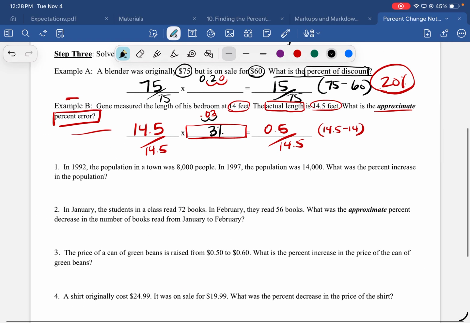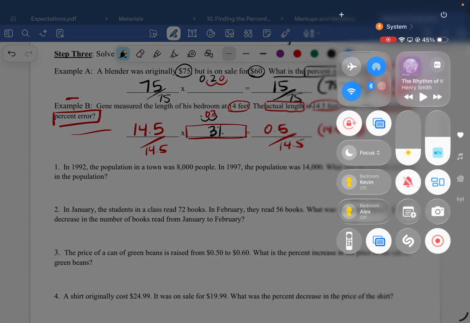All right, so let's do some example problems. Just a second. Let me see if